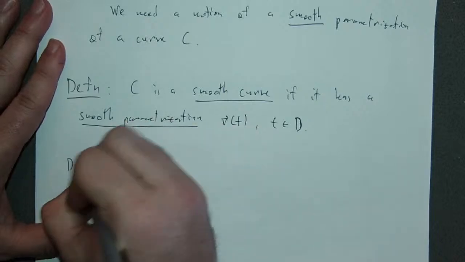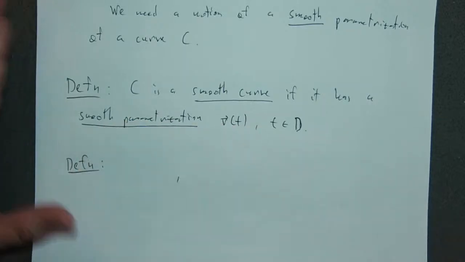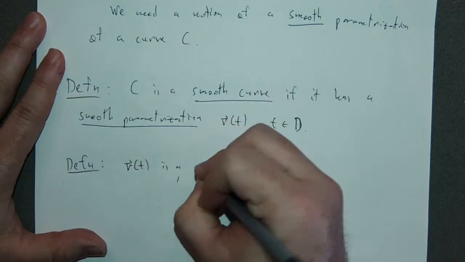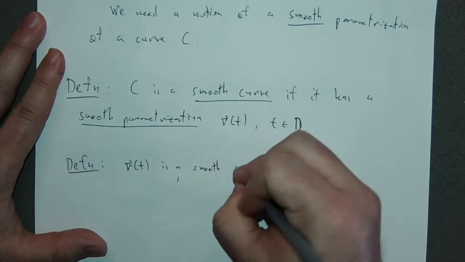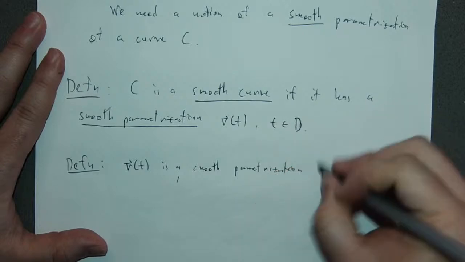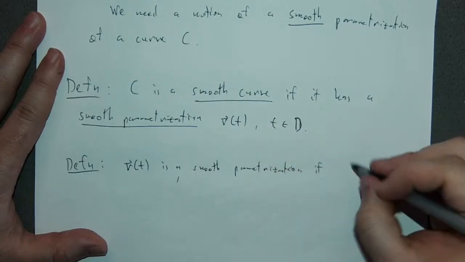But that doesn't help at all if I don't tell you what a smooth parameterization is. Okay. So r of t is a smooth parameterization if